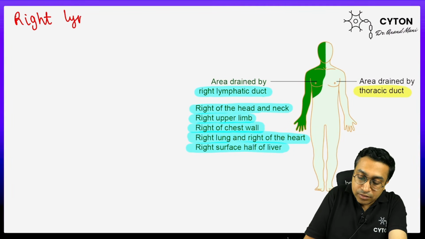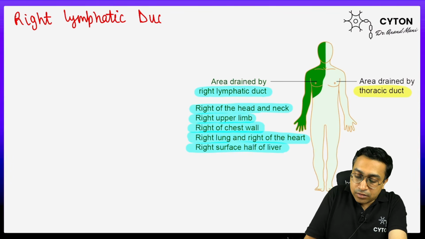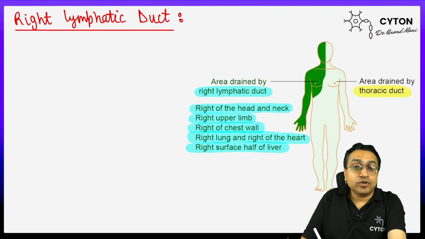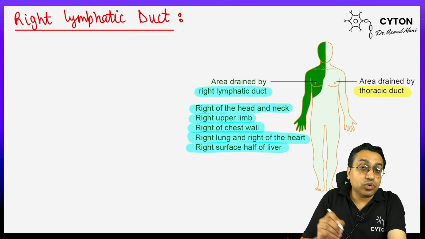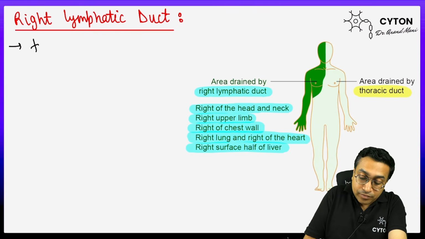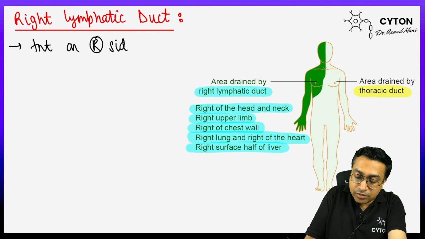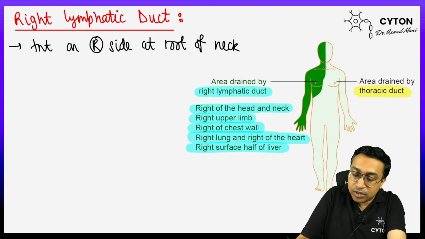Right lymphatic duct. Okay, so this is a large lymphatic duct which is present on the right side at the root of the neck. We have seen it in 3D again. Okay,